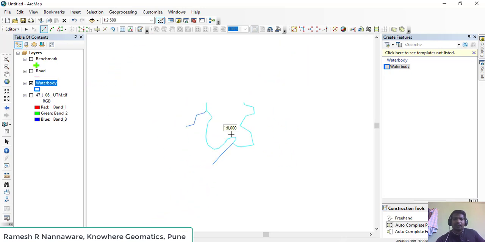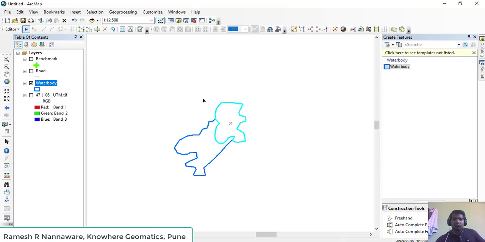You can see now these two polygons have been created. This one polygon is created by digitizing only this particular outer portion, and the common portion of the polygons has been automatically generated. So this way we can digitize administrative polygons like village boundaries, tahsil boundaries, district boundaries, state boundaries, province boundaries.